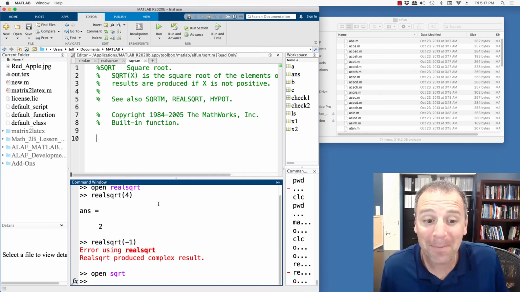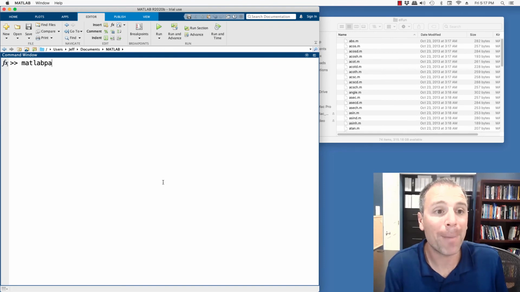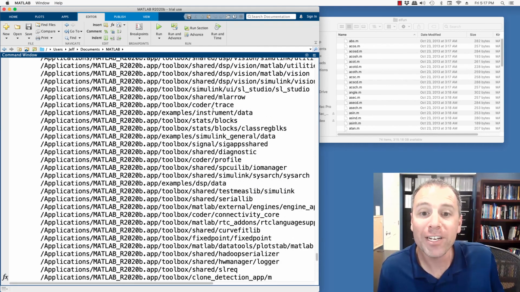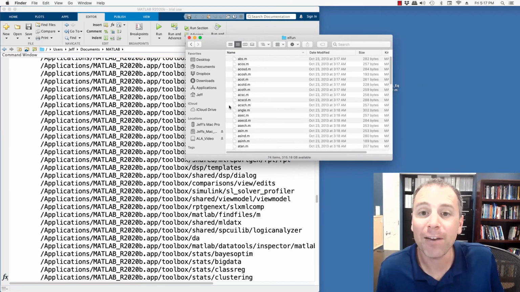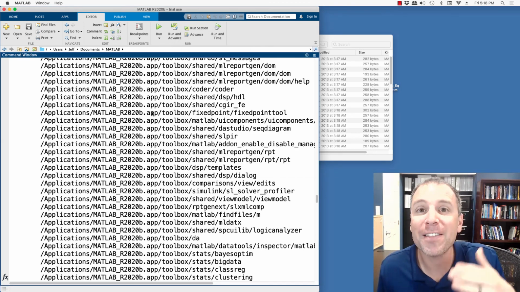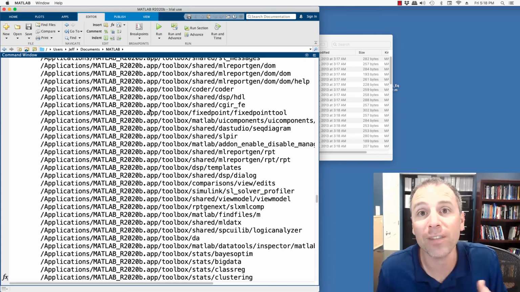The point of this demonstration though was when we go ahead and type matlabpath, every single one of these folders has a ton of information, just like the ones you see here, that provides the core functionality. The path in MATLAB is the map that our librarian uses to find the information that we call in any given function or any different piece of code that I give to MATLAB. That concludes this video. Hopefully that gives you some insight inside the hood.